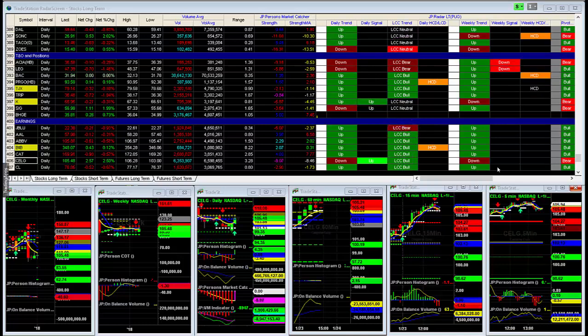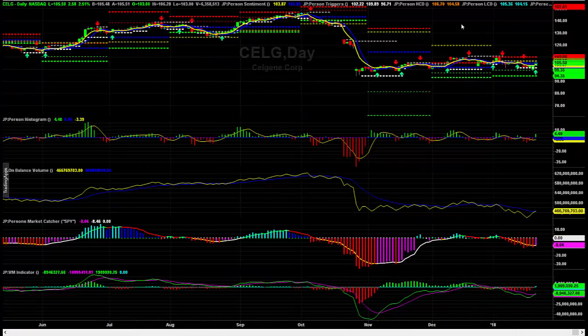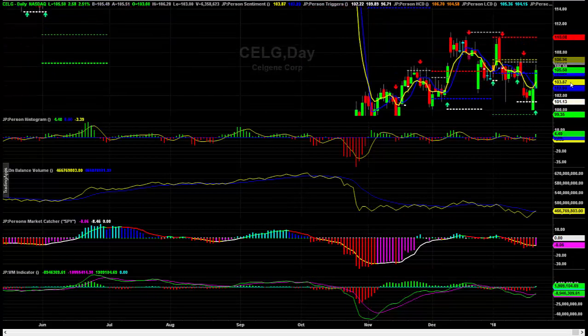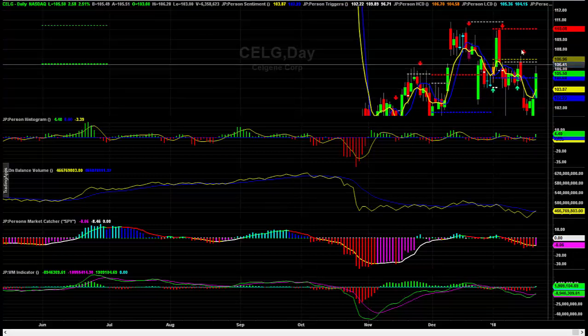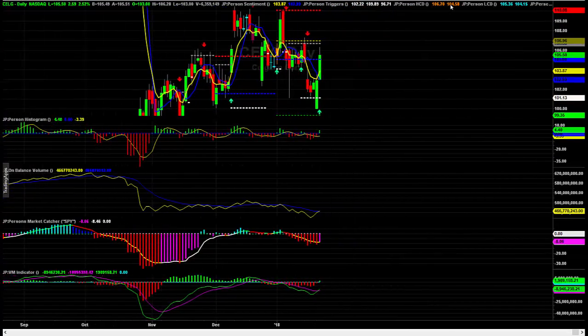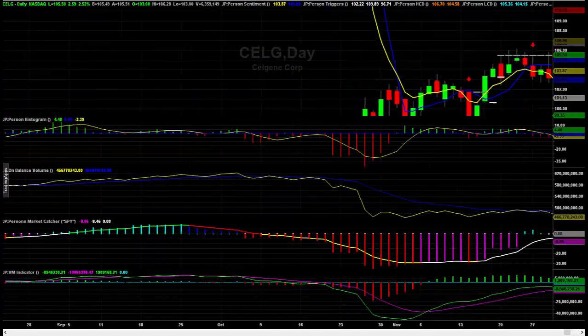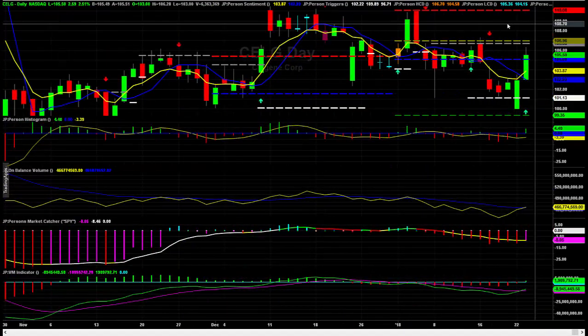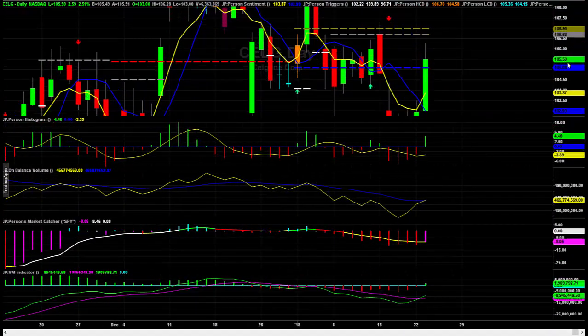Okay. First and foremost, if we generate a buy signal, so here's Celgene, Celgene will be giving us a buy signal, but it will be above a last conditional change, a gray candle.